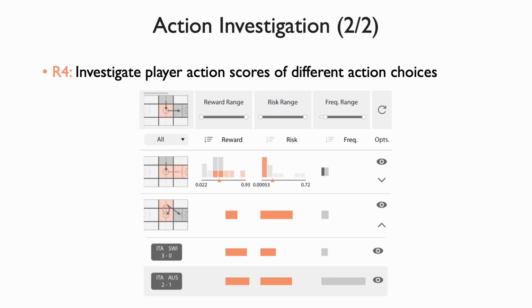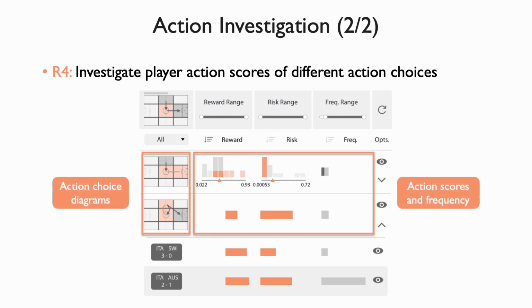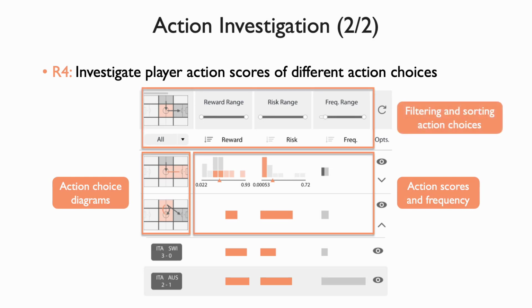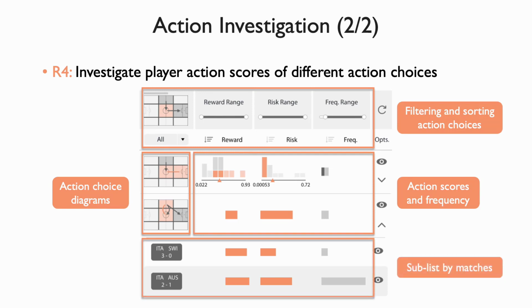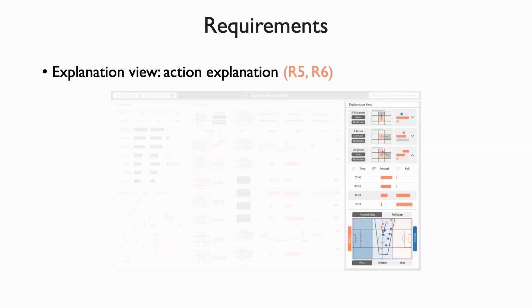The action score list is a sortable list of all action choices conducted under the selected match situation. Each row of the sortable list represents an action choice, including the action choice diagram, the average reward and risk scores, and the frequency. Analysts can filter and sort the action choices by the action scores and the frequency. Each row can also be unfolded to a sublist to show the scores and frequency of the action choice by matches. As for action explanation, we design an explanation view, including a record list to compare actions from different players,